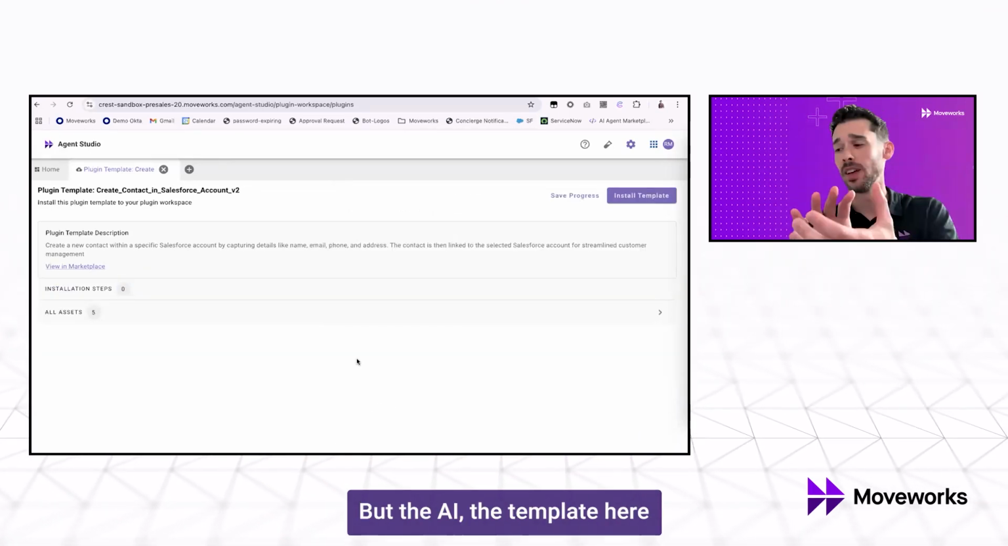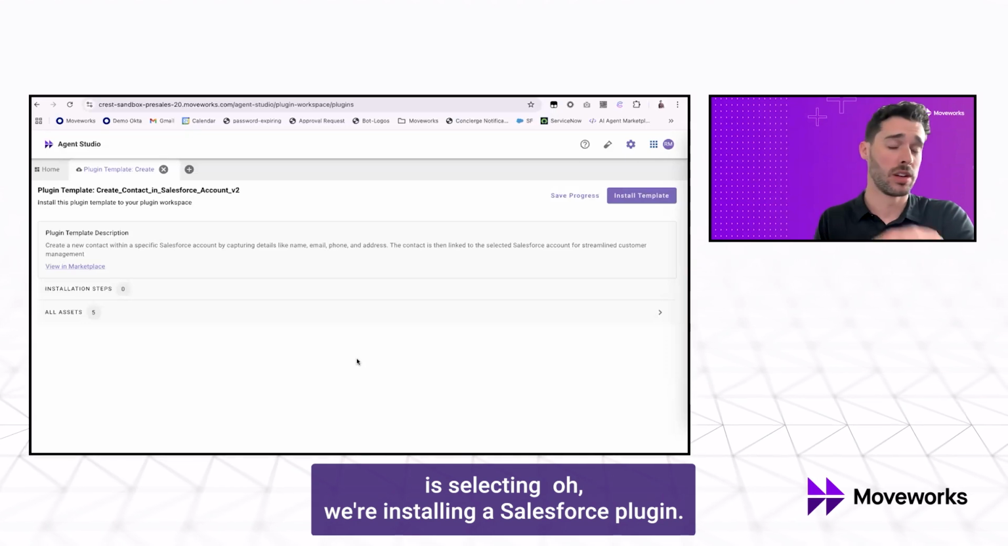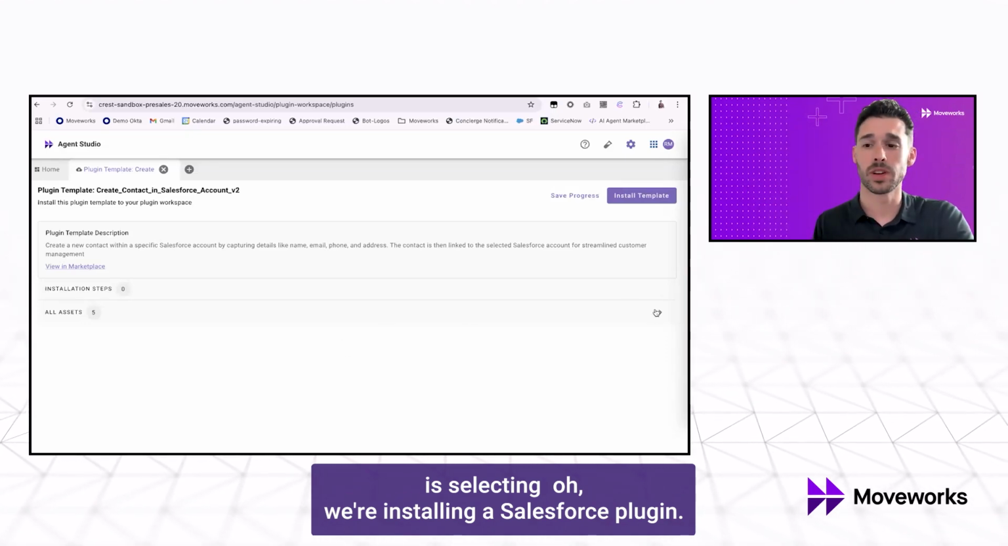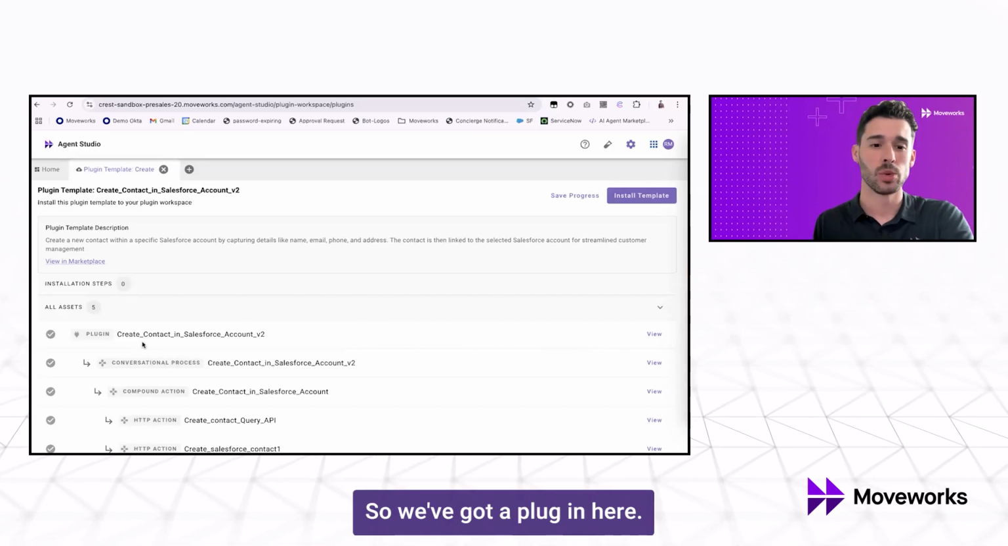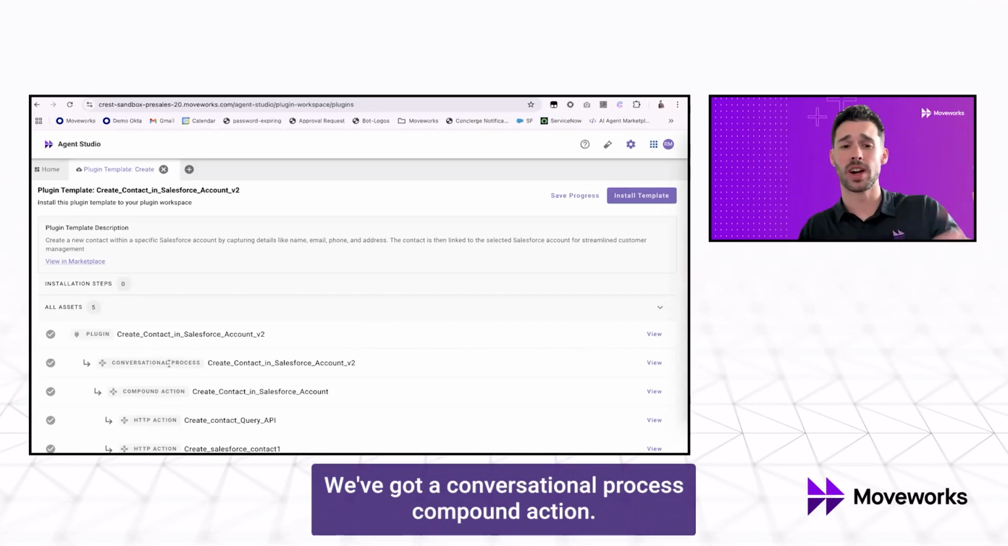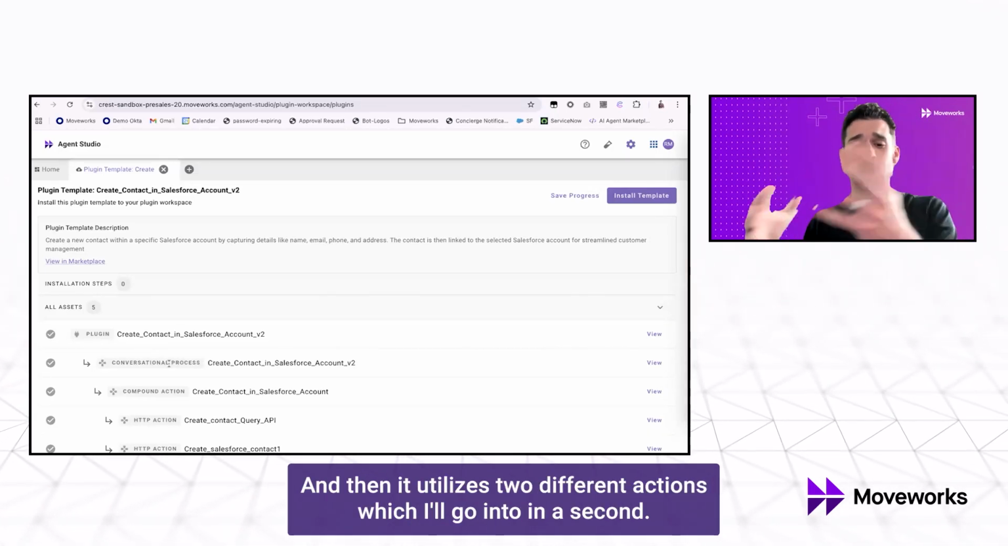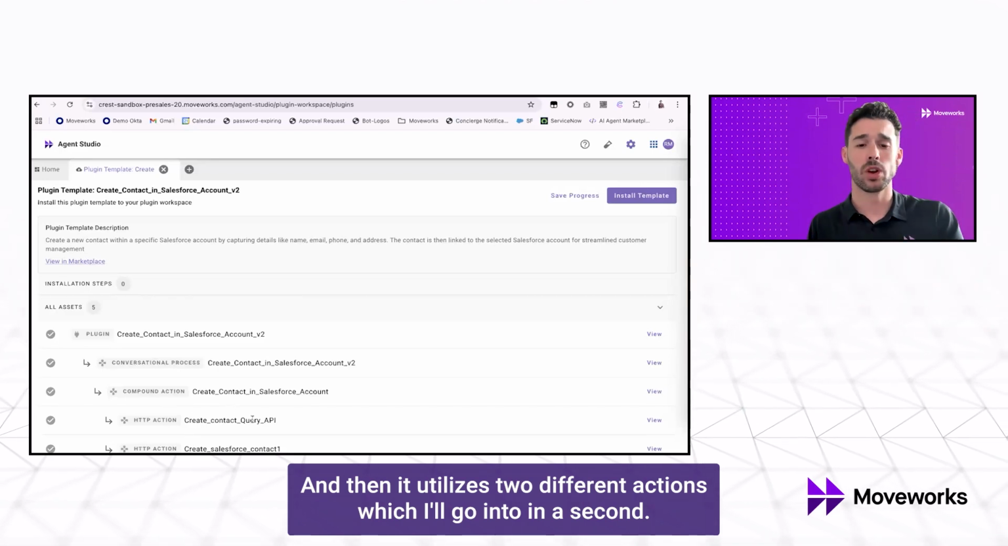But the AI, the template here is selecting, oh, we're installing a Salesforce plugin. Let's go ahead and connect to Salesforce. And then here are the assets that are going to be installed. So we've got a plugin here. We've got a conversational process, compound action, and then it utilizes two different actions, which I'll go into in a